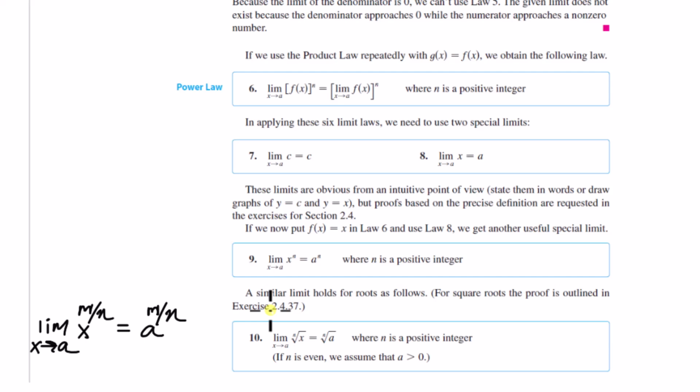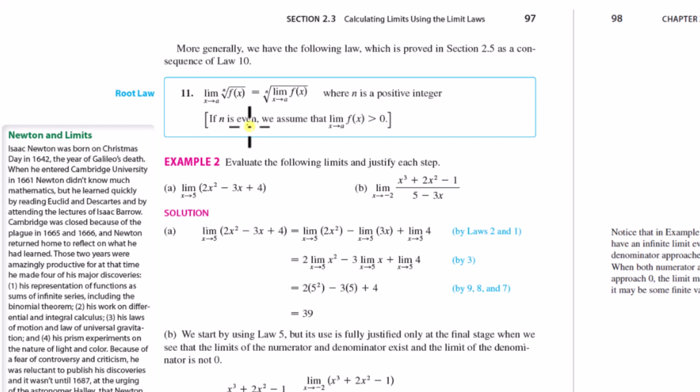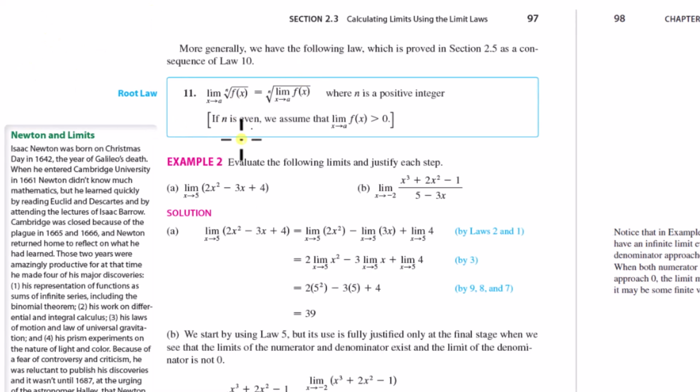Okay, but now in the next rule, they just extend rule 6 in the same way that rule 9 was extended, to where rule 6 applies with exponents of 1 over n. So the limit as x approaches a of not x, but of any general function f of x. The limit as x approaches a of the nth root of f of x, you can take that nth root out of the limit. But you could think about how, once again, in conjunction with rule 6, the corresponding power rule of this, the limit as x approaches a of f of x to some positive integer power is equal to, and then you could take that power out of the limit. You could easily show that,